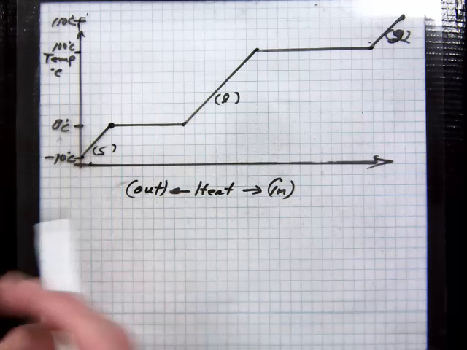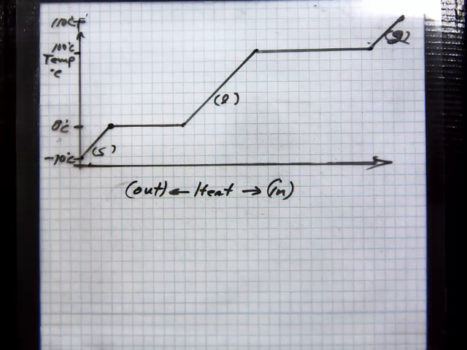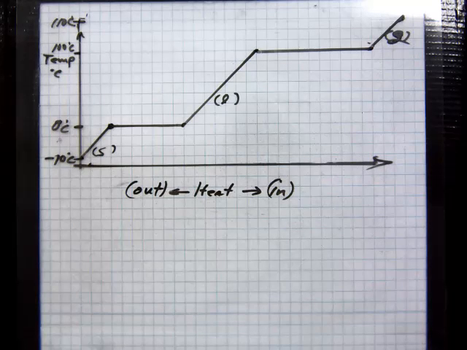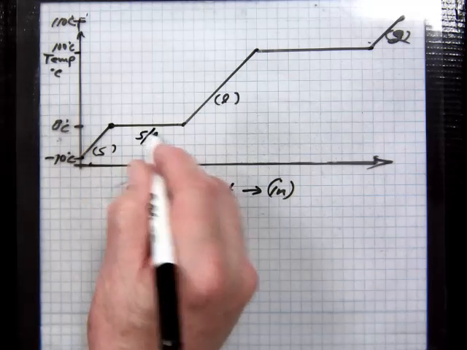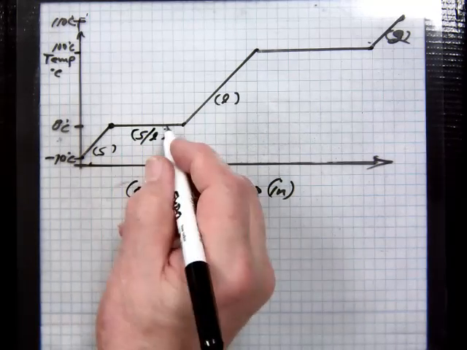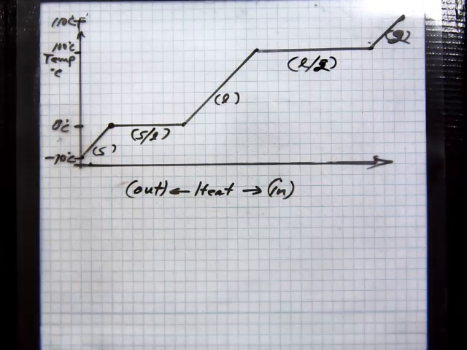Now, that may sound strange in that context, but when you have ice water, it cools to a certain point and does not keep cooling or warming until all the ice is melted. So when you boil water, the water will boil at a constant temperature until all the water is converted to steam. So anytime you have two phases in contact, in this case solid liquid phase in melting and liquid gas phase in evaporation or vaporization,